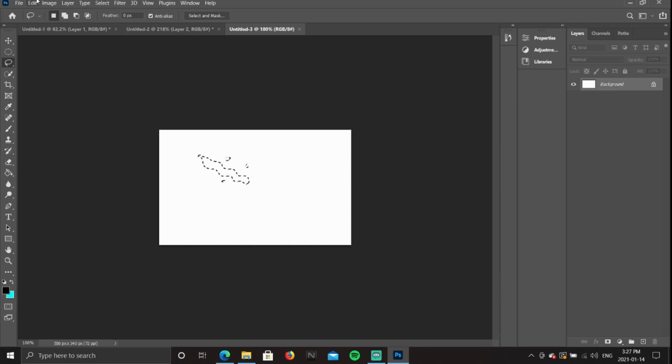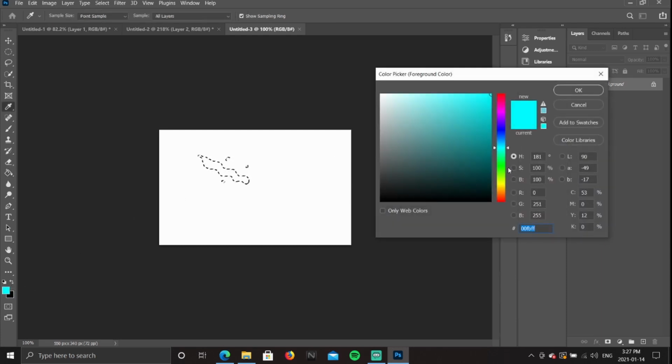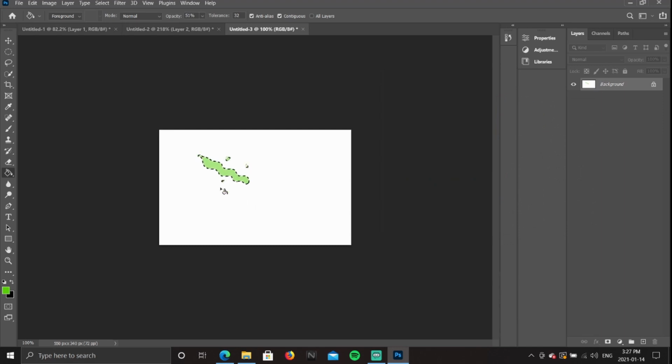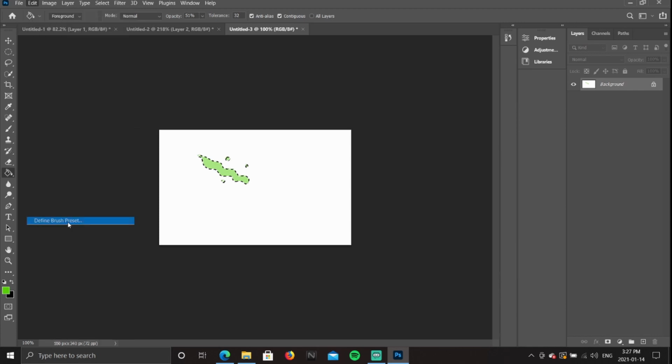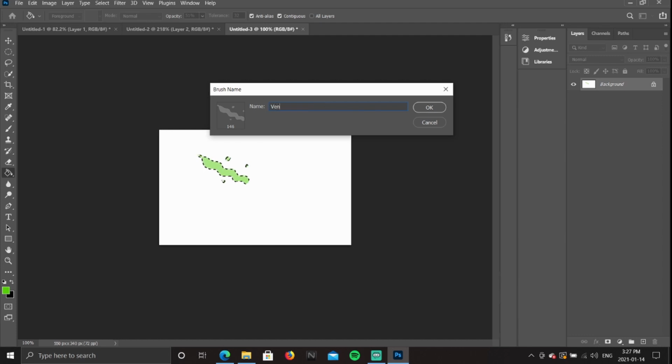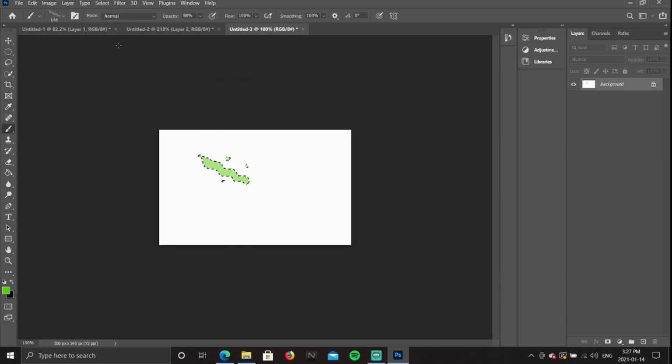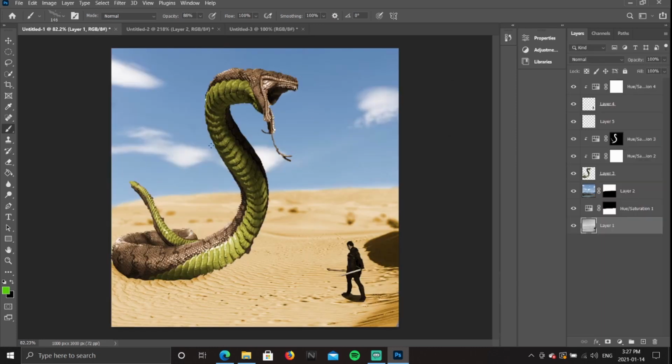And then what we can do after is fill it in with whatever color we would like. I want a lime green type of color, like this, but you can make it a bit darker. And then fill it. Now that it's all filled in, you can go to edit, then define brush preset, and then you can name it whatever you'd like. So we can do Venom 1, it's okay. Then here we will have our